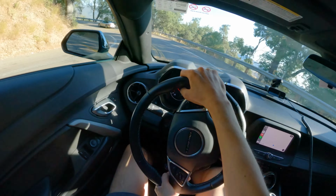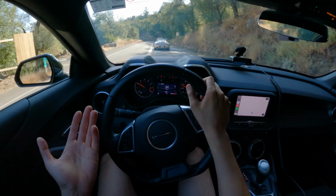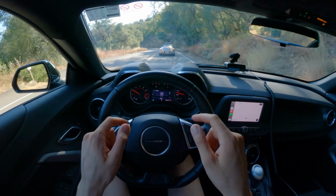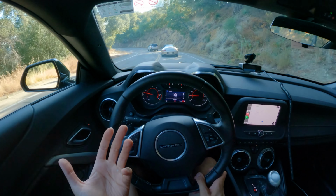But if you want something that is also very competent, but more playful, why not go with a BRZ or a GR86? Because those two cars, they are not nearly as planted as this, right? They are much more playful. Their engine is a naturally aspirated 4-cylinder, and they're rated at 230, which a lot of people believe is underrated, probably closer to actually 250. This makes more power, more torque. This car also weighs substantially more, 600 pounds more. So as a result,